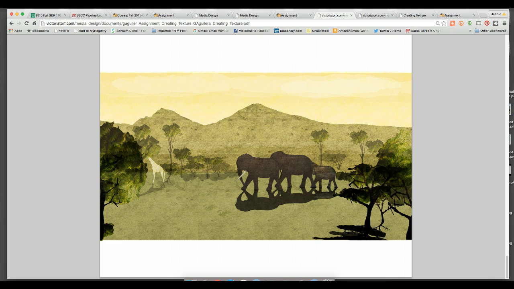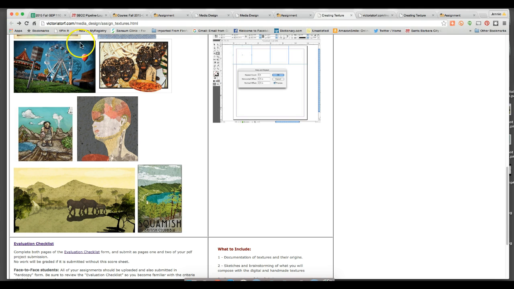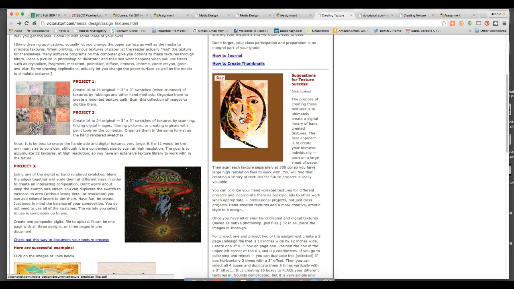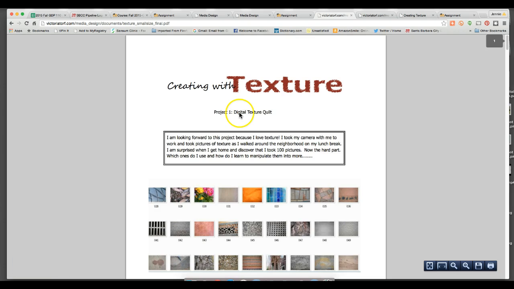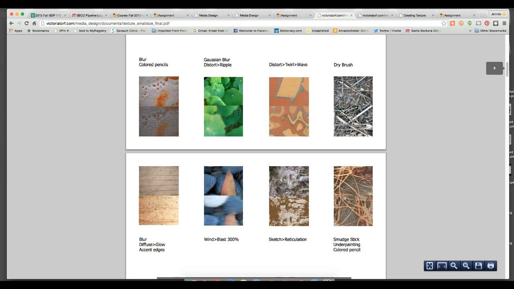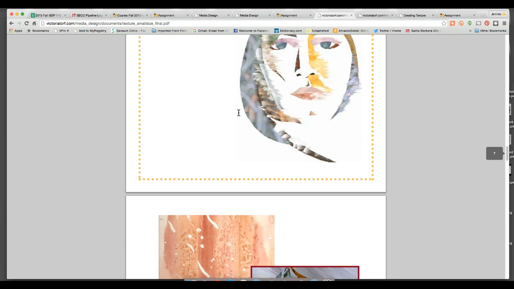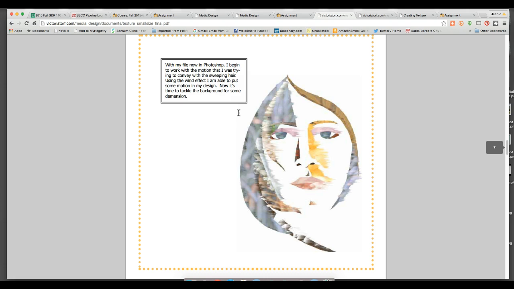Okay. So you can get as simple or as complex as you want. This face of the woman is actually very, very simple basic shapes, okay, that she hand traced her sketch in, which we've done, right? We've played around with tracing the koi or the lemon, so we know exactly how to use a pen tool to create those shapes. And then this student just wanted to elevate it to the next level by using Photoshop. You don't have to do that. You can do this all in Illustrator if you want,